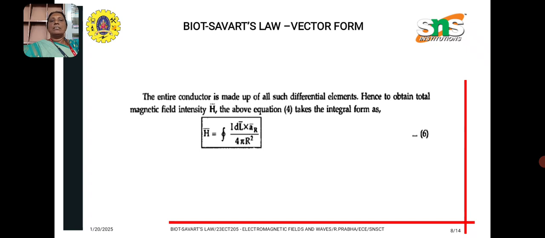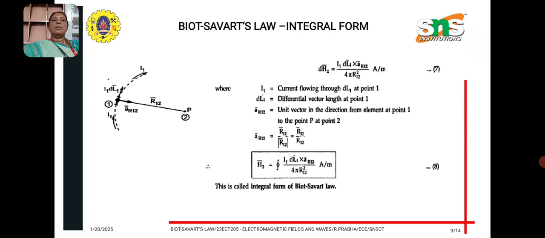The entire conductor is made up of such differential elements. To obtain the total magnetic field intensity H, the above equation, that is equation 4, takes the integral form. So H is equal to the integral over the entire conductor length of I dl cross ar vector by 4 pi r square, and this is expressed in integral form. So we have a conductor, and the distance between the conductor and point P where we are observing the magnetic field is taken as R12,